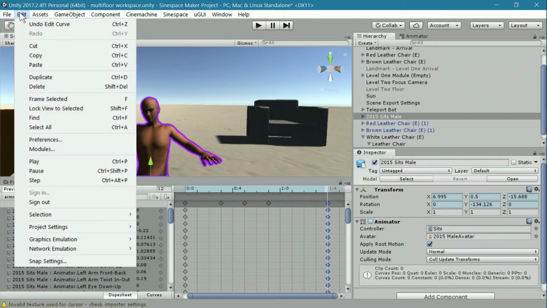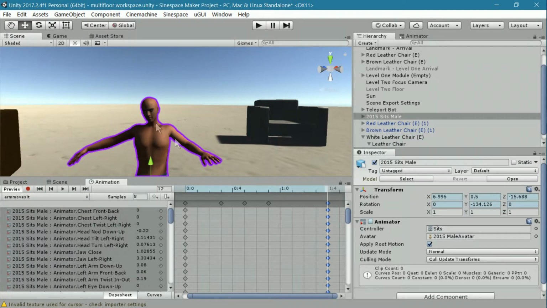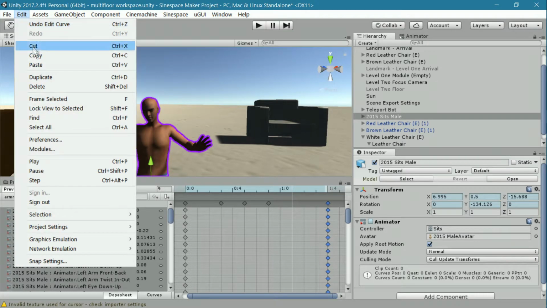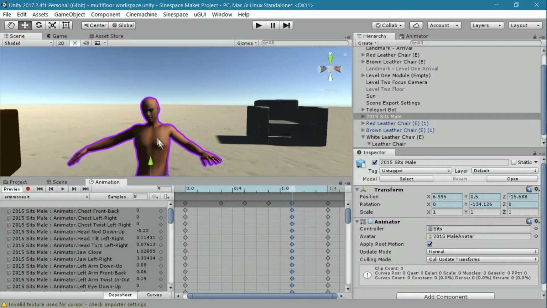So now I'm going to go up and copy the end position, and I'm going to move my white line back to keyframe 9, and paste it there. And so now when I play it, he waves his arm, basically waves the waiter away, and then holds this